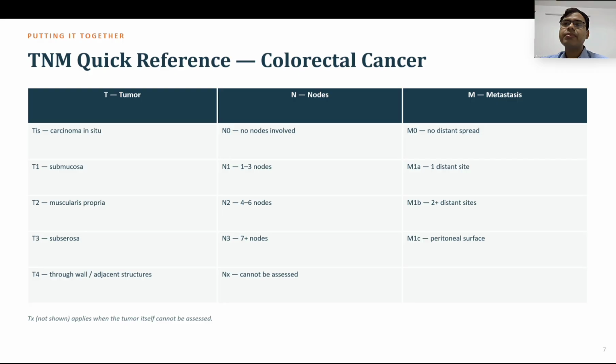Skin cancers, the classification is again a bit different. As you know, skin is the largest organ in the human body because of its large surface area. So how would you classify? You can measure a tumor as 1 centimeter, 2 centimeter, 3 centimeter. But actually for skin cancers, the T stage depends on how deeply the tumor has invaded into the skin. N staging is actually dependent on